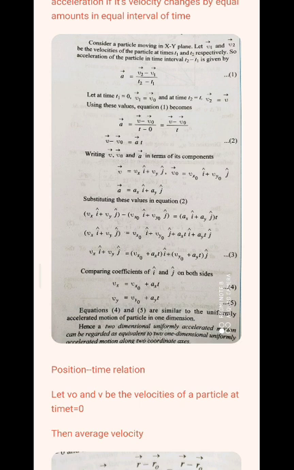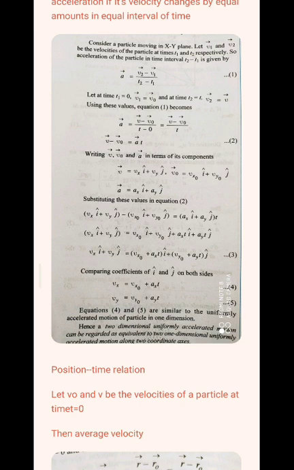We can write v as vx i cap plus vy j cap, v0 is equal to vx naught i cap plus vy naught j cap, and a is equal to ax i cap plus ay j cap. Substituting these values in the equation, we will get